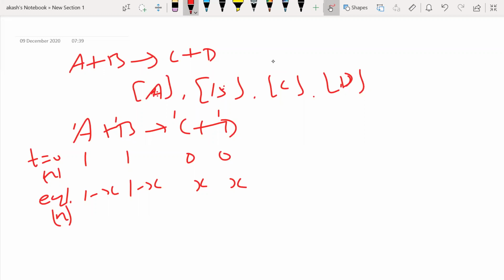Now, in the question, what is given? At equilibrium, 0.7 moles of C is formed. So at equilibrium, they are telling us the number of moles of C is 0.7. So now we directly know the X value, 0.7, and this is also X, so D value I also know. So what should 1 minus X and 1 minus X be? 1 minus 0.7 would be 0.3, and this also would be 0.3. No issues, right? Are these the answers? 0.3 and 0.7 for A, B, C, D.